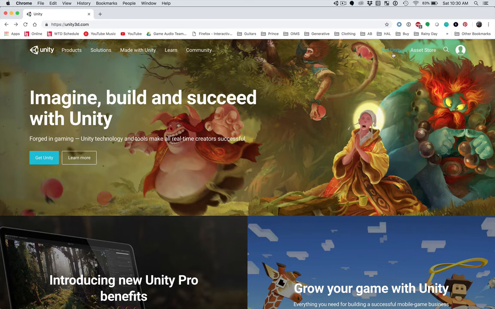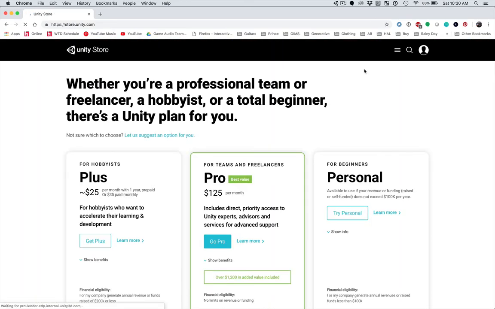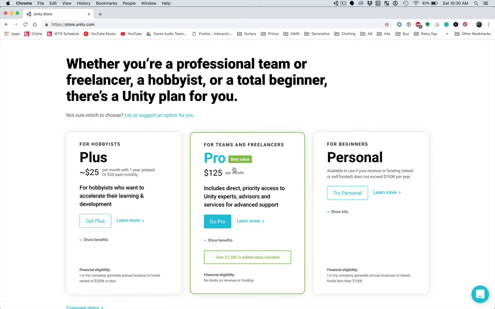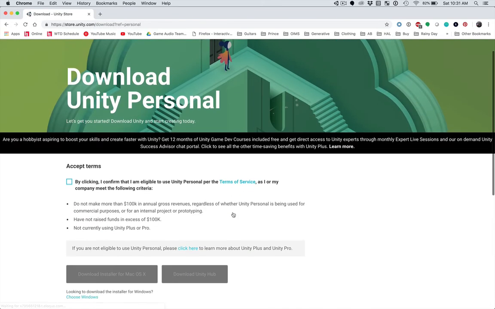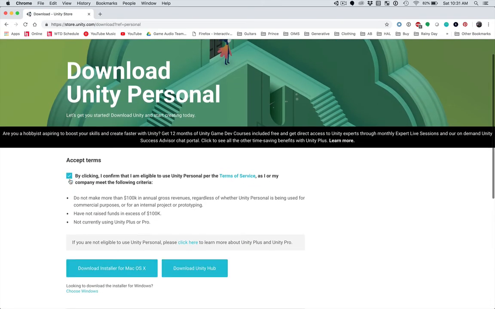And then you can click on the Get Unity button. And there are three different versions: Plus, Pro, and Personal at this time. They may change that later on. And right now, for beginners, the Personal version is great. The Pro and Plus versions have additional features which might make it easier for you to work with teams and things like that. So go to Try Personal, agree to the terms, and then